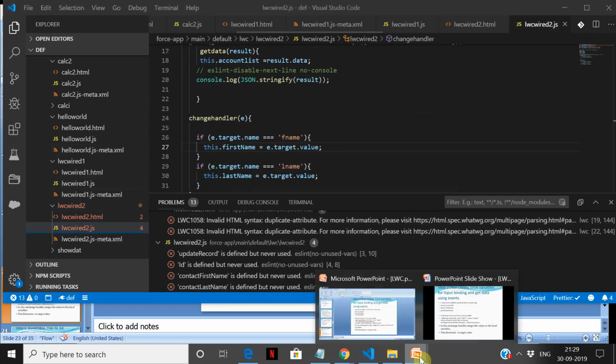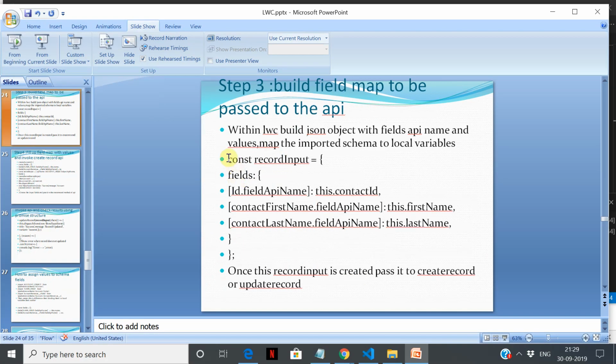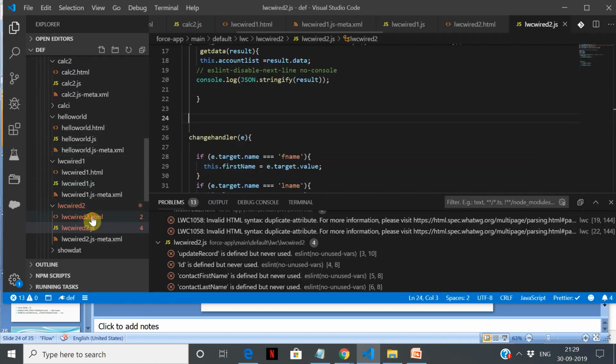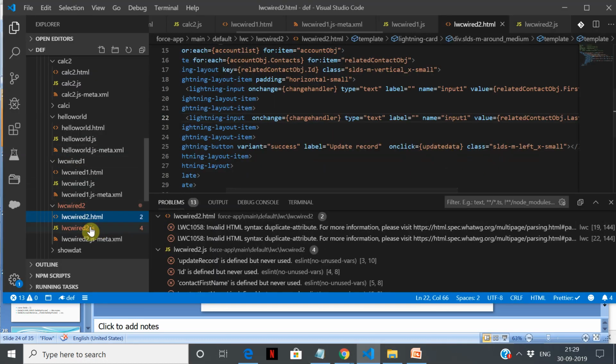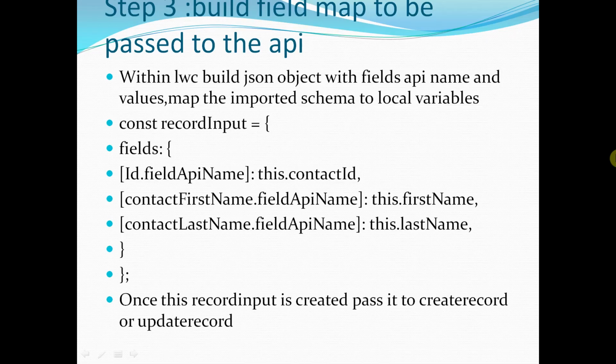Is to create the object. This field map we have to create. So this we can take it from here. Final data save, the button which is update data here, and the first thing I'm going to create is to create the variable here. Date record.